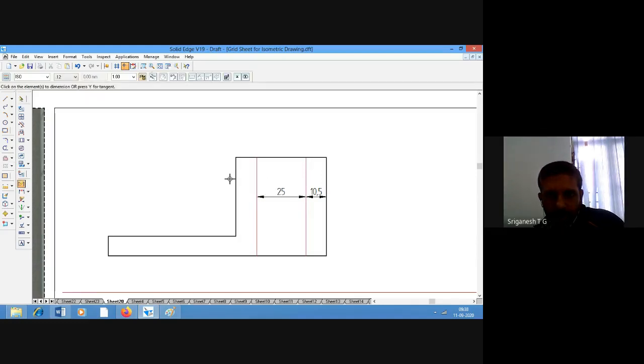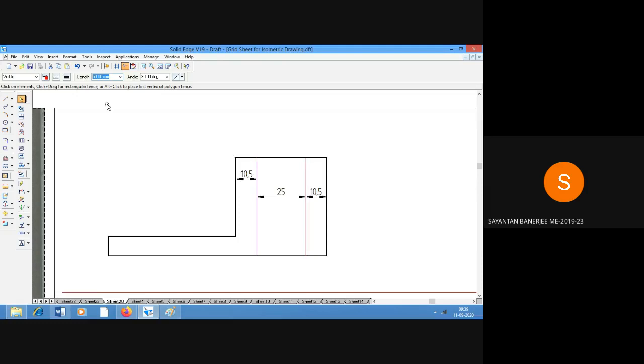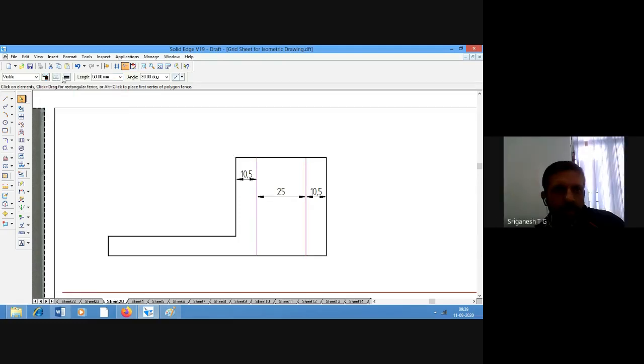Now look here, this will also be 10.5. So what is the overall distance? 10.5 plus 10.5 is 21, plus 25, so you will get 46. Correct? I'll make this dark because this is the inner edge.